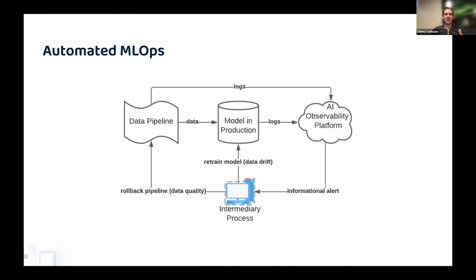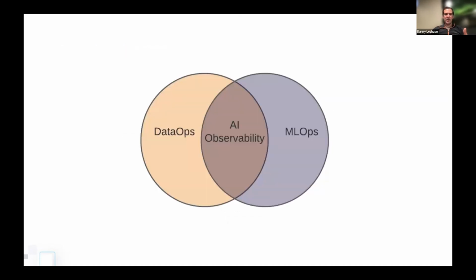So just like with a human, if there's been some kind of data drift, retraining the model is the most classic way to solve a data drift issue. If there's some kind of data quality issue, we can roll back the data engineering pipeline to the last known good version in order to make sure that the data that's being fed into our model is the right data, is high quality data. So with all of this in mind, we can think about the fact again that AutoMLOps takes into account the intersection of DataOps and MLOps in order to provide observability and in order to provide automation around the usual processes that right now machine learning engineers and MLOps engineers have to do themselves.